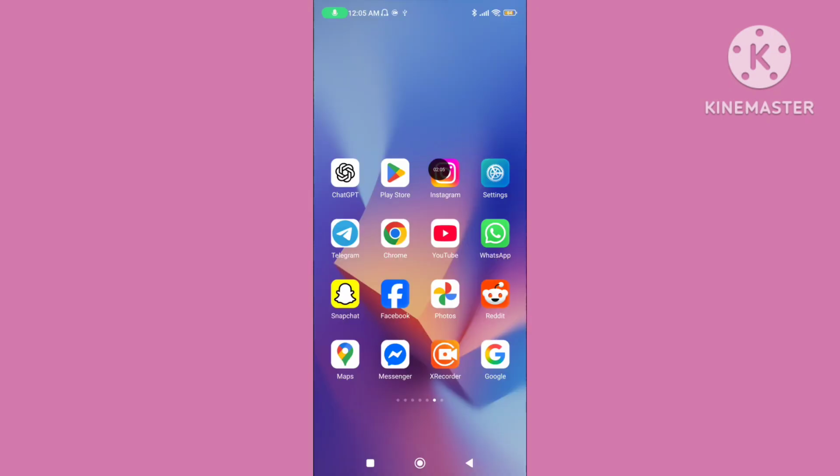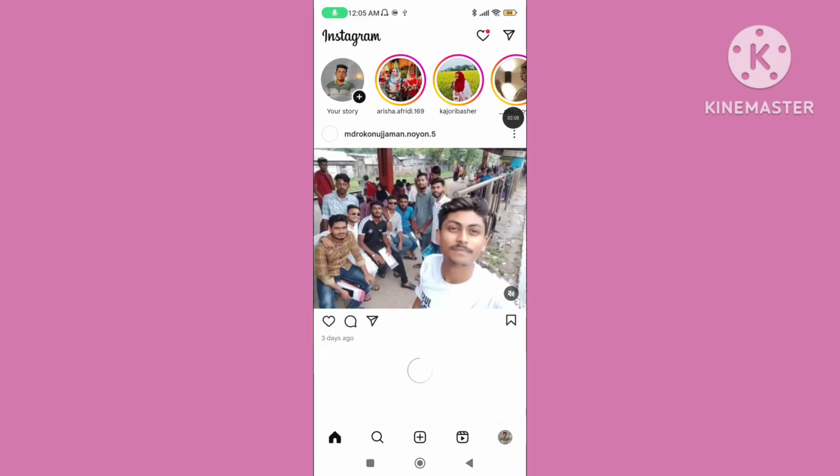Step 3. Restart your device. You can follow all of these steps to fix the Instagram error "could not take photo, please try again later" problem on